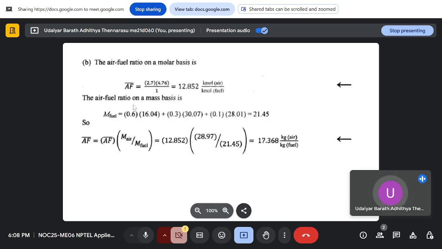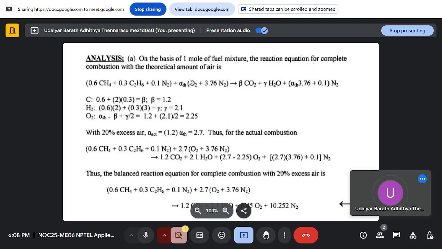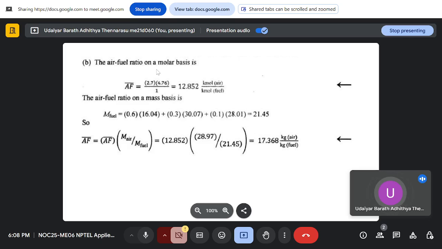Next we need to find the air fuel ratio on a molar basis. So air fuel ratio is how many moles of air we are using per mole of fuel. Per oxygen we are using 3.76 moles of nitrogen, so combined air is 4.76 moles, and that has to be taken because we are considering air. So if you take 4.76 moles of air, we get 1 mole of oxygen. So for every fuel we are taking 4.76 moles of air,